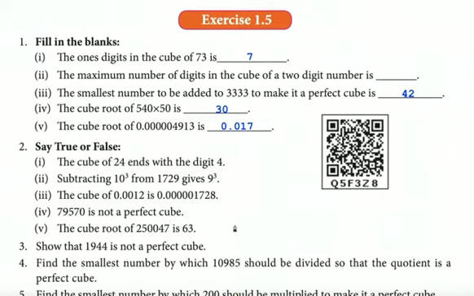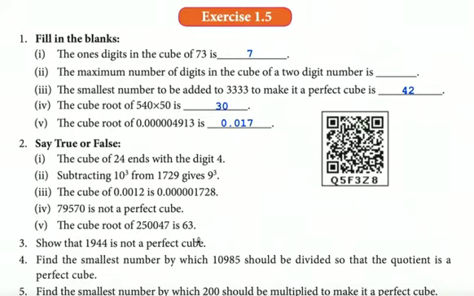Yes, that is correct. Okay, the cube root of 250047 is 63. Again we have to check. How to check? That is pretty simple. We will multiply 63 three times rather than proceeding the other way around. 63 times 63 is 3969, into 63 is 250047. That is correct. So this is true. I can put a tick mark.